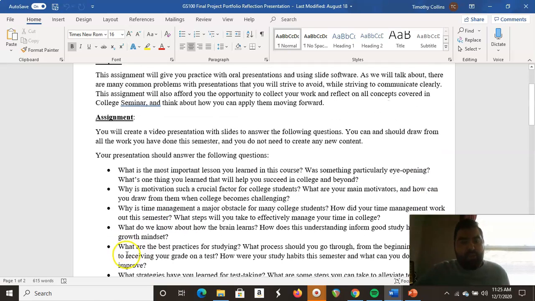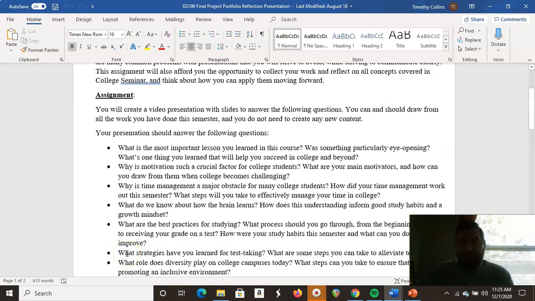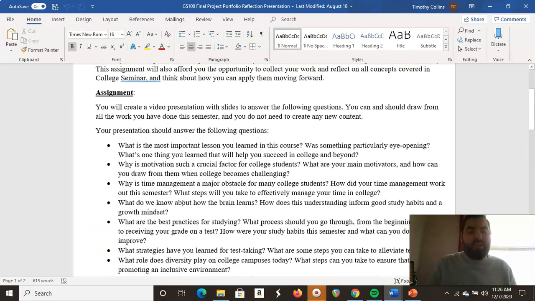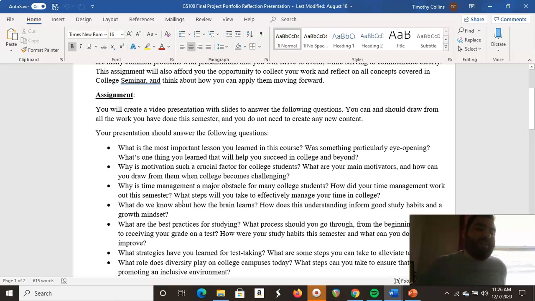Okay, and so the assignment, I have a series of questions. Basically, every question just prompts you to reflect on the main ideas from one of our units. And I want you to come up with an answer that briefly encapsulates what the key takeaways from that unit were. You'll see there are a lot of questions here, and there's a reason for that. I don't want you to go into great detail with each one of these. I want you to really focus on the main ideas, the key takeaways,